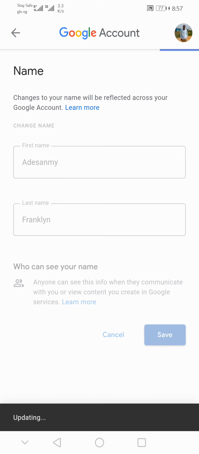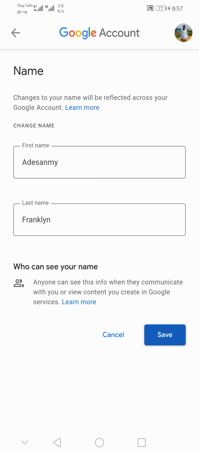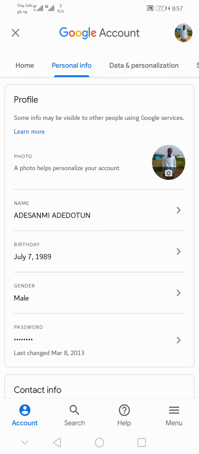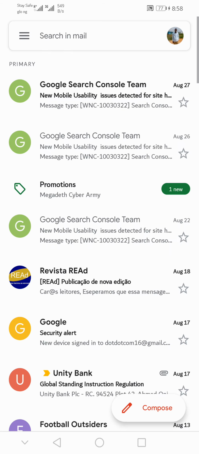You see updating on the bottom left. Now you see your change might take a while to show everywhere. Now the Gmail ID name has been changed successfully. Now this might take a while for the name to take effect everywhere, that is across all your devices. Now to confirm whether the name has been changed,